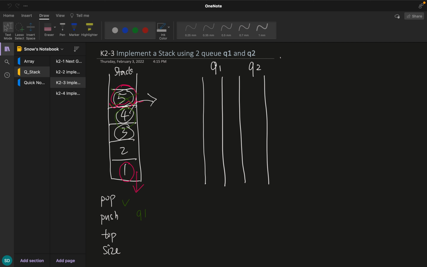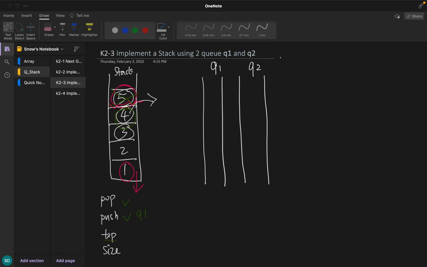So Q1 will always be the one to enqueue something. And for top, that means we just need the